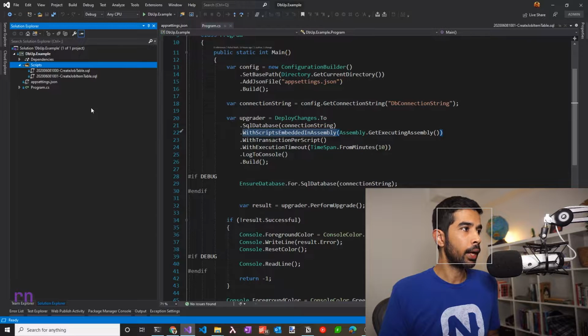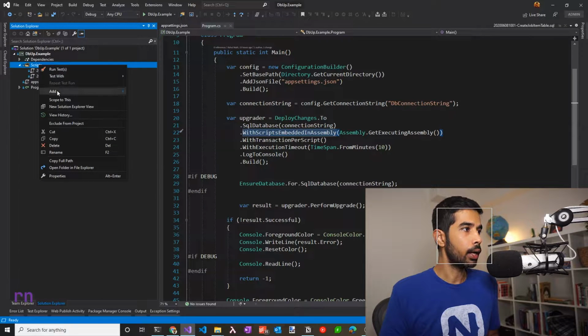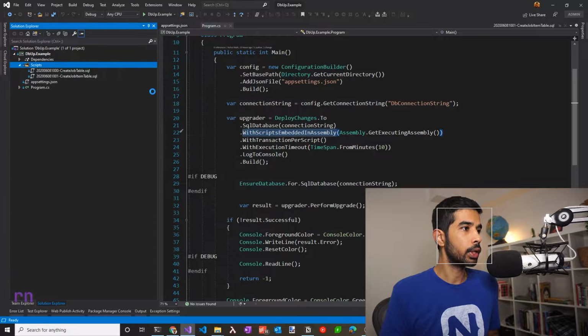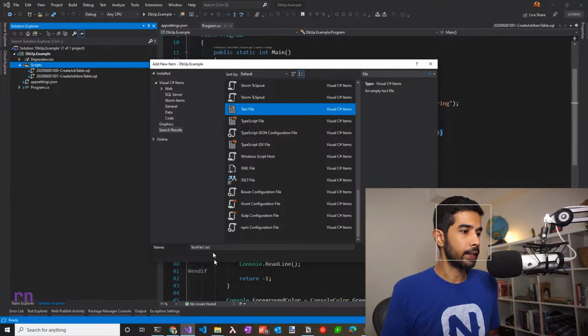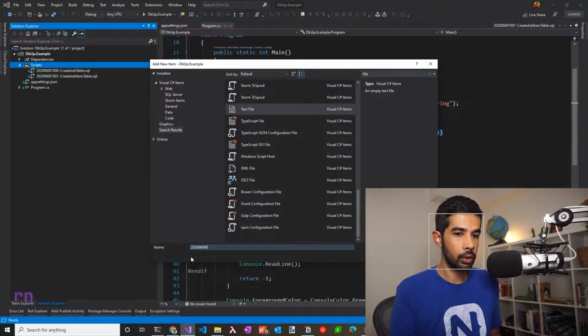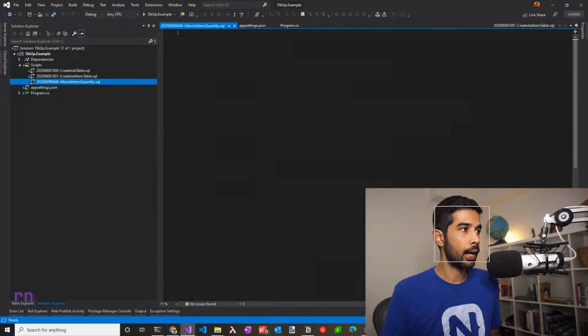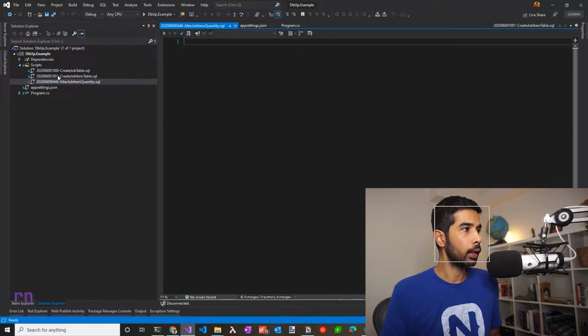Let's add a new script and see how that works. So let's choose add and create a new file. Let's use the new item, search for file and use the text file. To follow the naming convention, let's add in 2020 06. Since this is 9th, we'll use 09 and it's 4 in the morning, so let's use 0448. Let's name it so that we understand what this is doing. So in here, I'm going to change the quantity for the job item field. Alter job item quantity SQL, and let's add this. So this has come in order right below the previous file because of this naming convention.